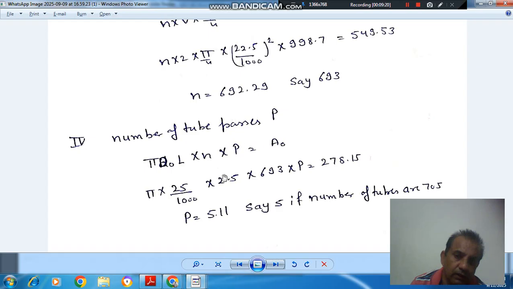Then we have to adjust the number of tubes. So we are taking 705 tubes, and then number of passes are 5. Okay. So this is the